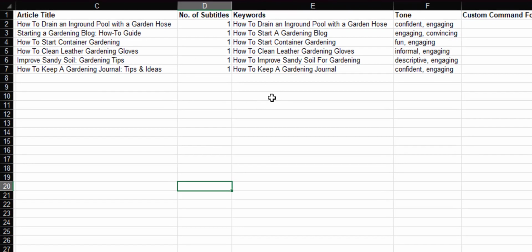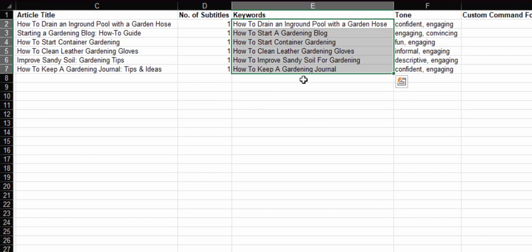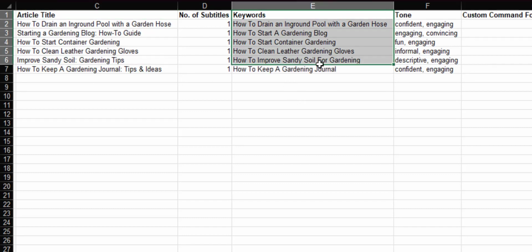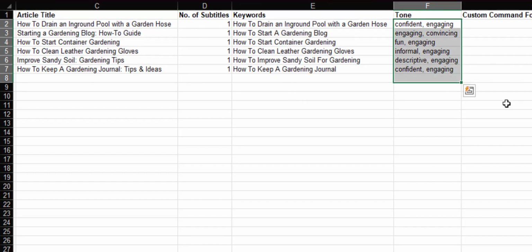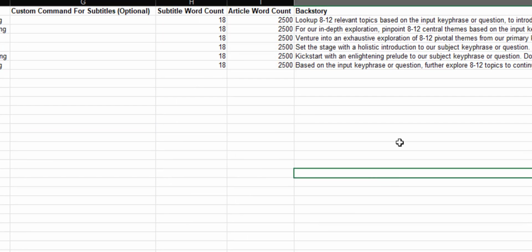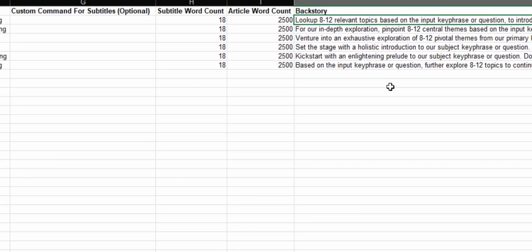So we bring this thing up and we've got all the original keywords. Our settings are kind of in place. It created these article titles based on the keywords. Using these tones, it wrote the titles. That's for header word count maximum and article word count maximum. Here's the backstories. Now what I want to do, I'm just going to take a couple of these, for instance,